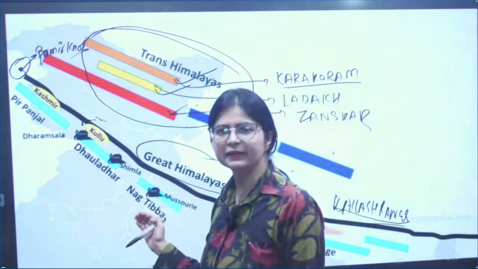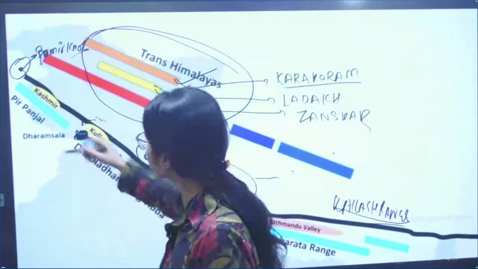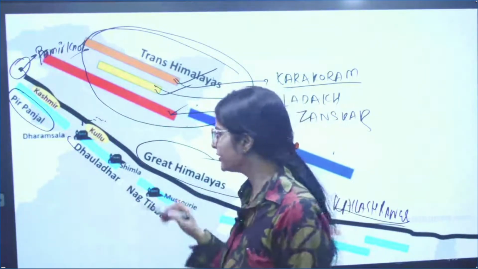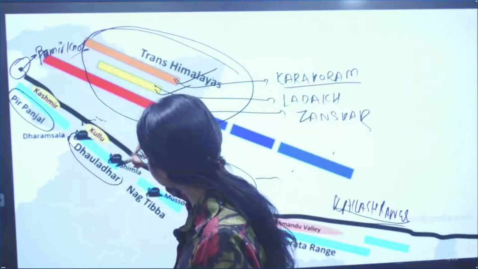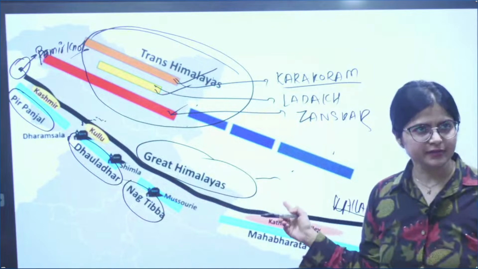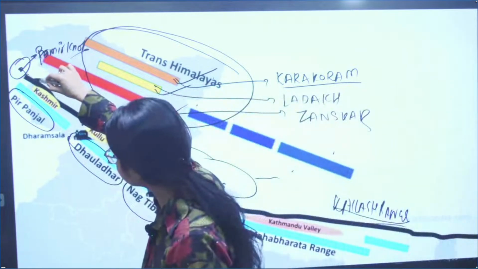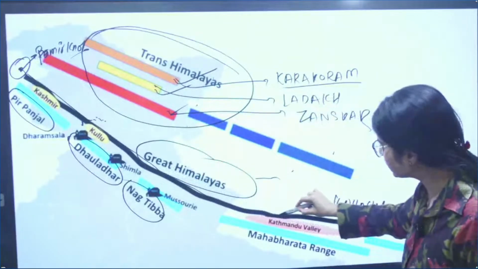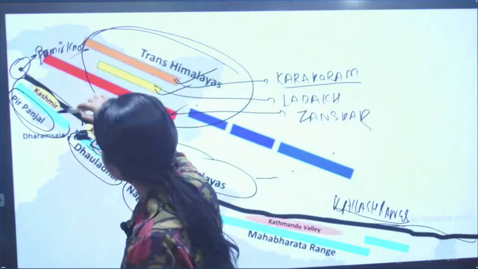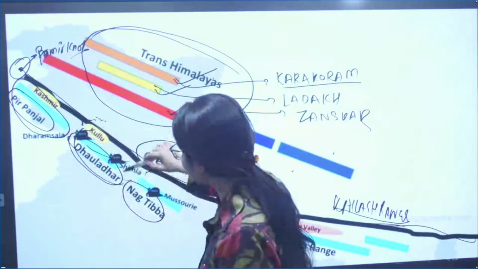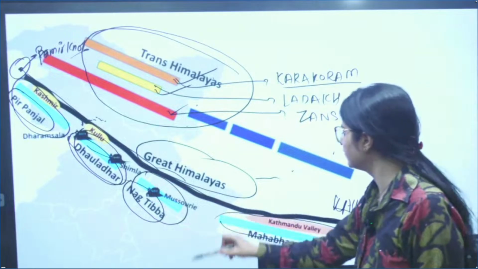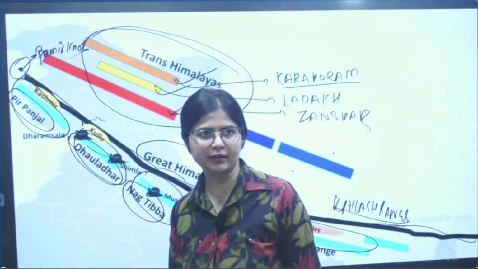If we come to the middle Himalayas, then the middle Himalayas are divided into three parts. The first one is your Pir Panjal. This is what you do in your GS, right? It's okay if you have not done it, then you can do it here. See, all the ranges are not as continuous as the Great Himalayas. Can you see how the trail is? It is quite continuous. But the second part, the middle Himalayas, has separate ranges. One is your Pir Panjal, then the Dhauladhar, then Nag Tibba and the Mahabharata range. And after that, you will have your outer Himalayas.